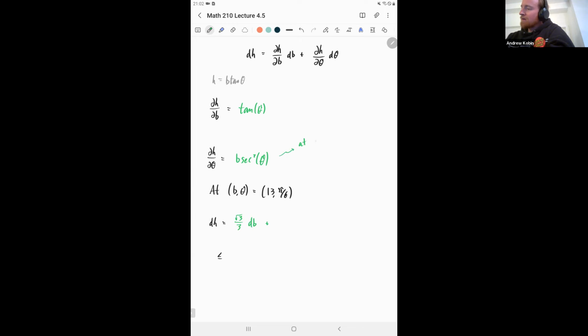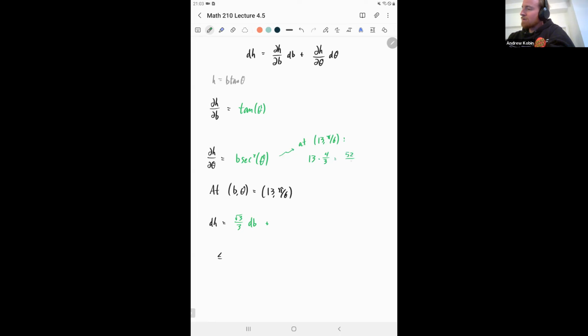We should write this one out. So at 13 comma pi over 6, we'll get 13 times, let's see, secant squared is 1 over cosine squared. The cosine value at pi over 6 is, well, I need to think on my unit circle. So the cosine at pi over 6 is going to be √3 over 2. And if we square that, we'll get 3 over 4. And secant is the reciprocal of that, so 4 over 3. That's going to give us, let's see,